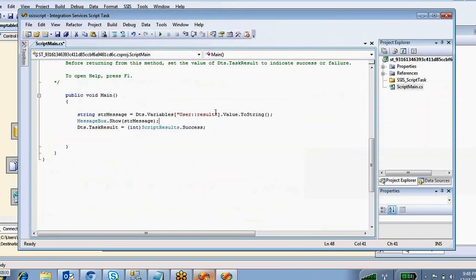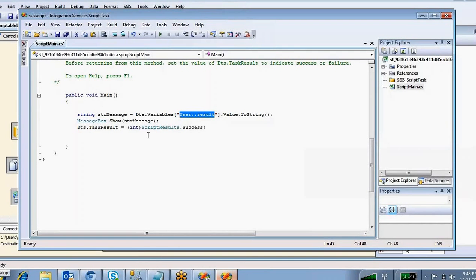In this result variable, each iteration stores the employee name. It will do 14 iterations, because that variable has 14 employee names. Each time it iterates, each employee name comes into this variable.